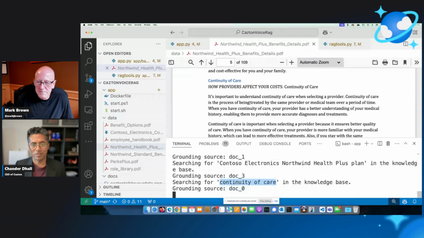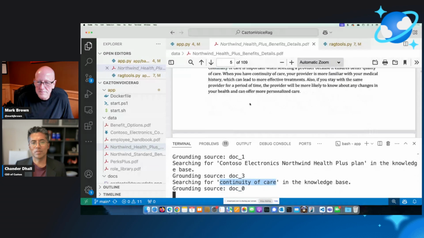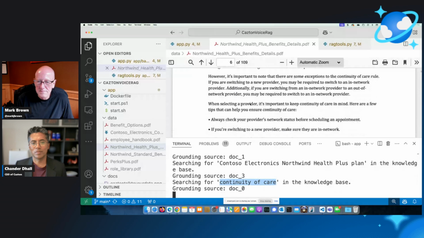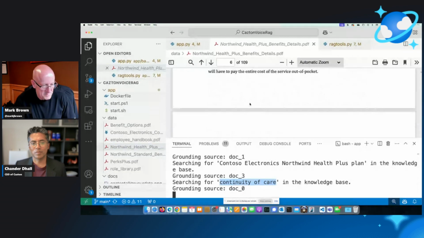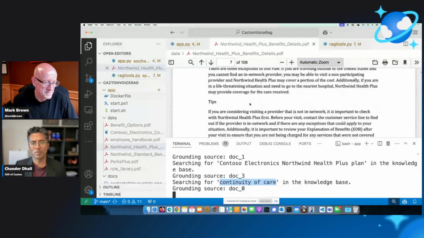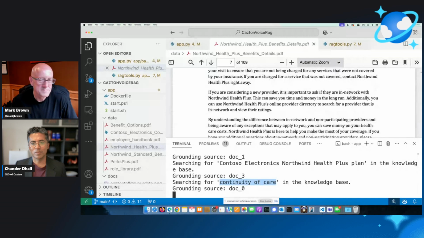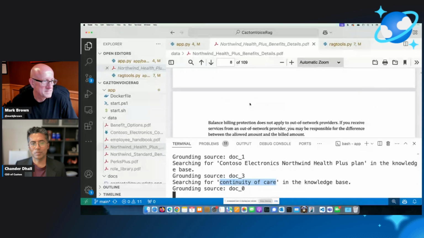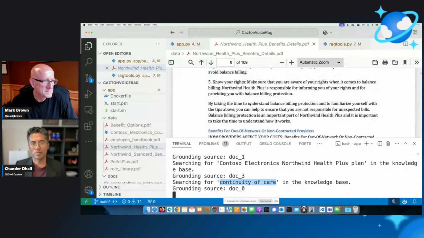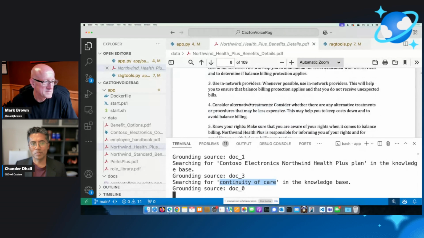Continuity of care is the ability to see the same healthcare provider for all your medical needs, from routine checkups to specialized care. This allows you to develop a relationship with your doctor, who can better recognize changes in your health and provide personalized care. Contoso's Northwind Standard Plan supports this by allowing you to stay with the same provider throughout your healthcare journey.